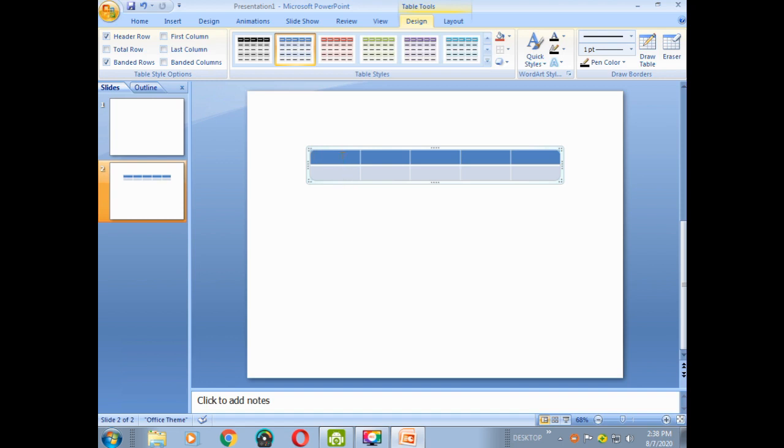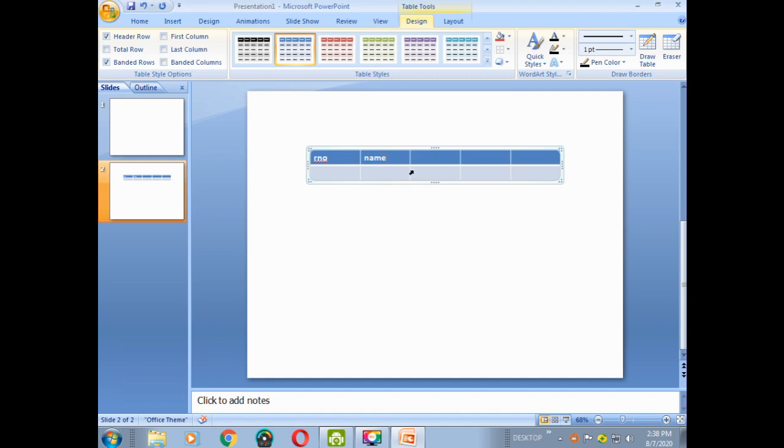Now in the table, in each column, we will be typing some text. In the first column, we will enter roll number, field name. In the next column, we will type name, field name.